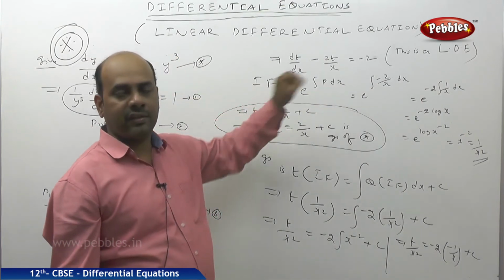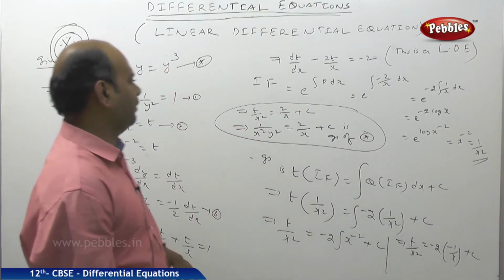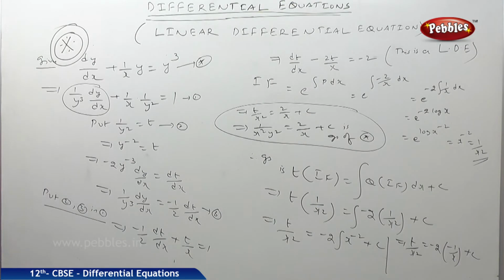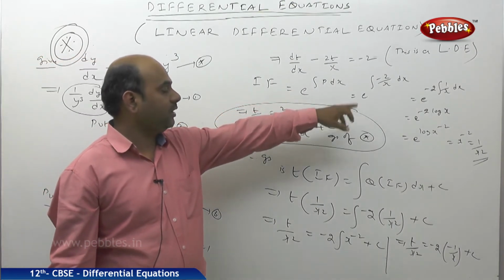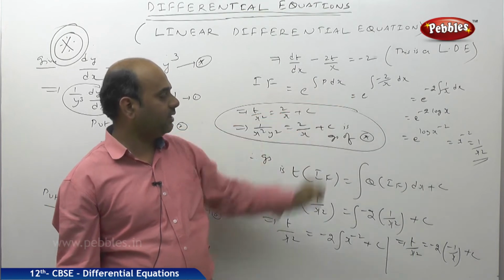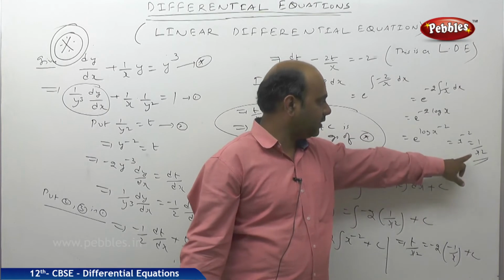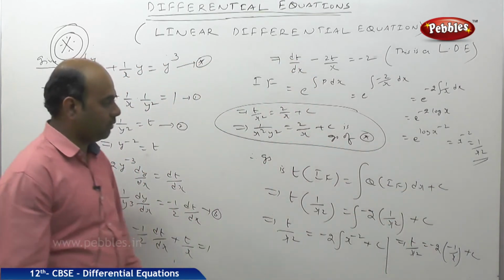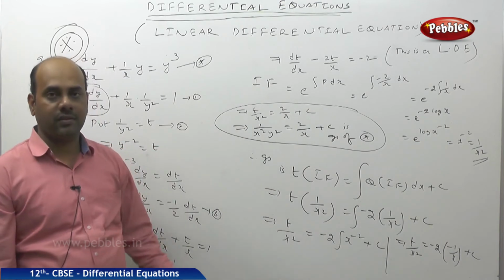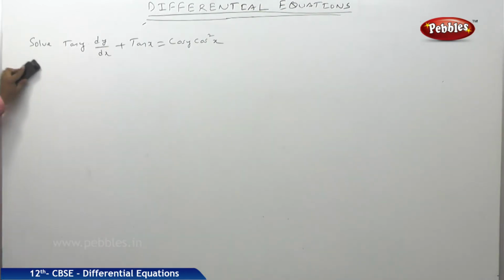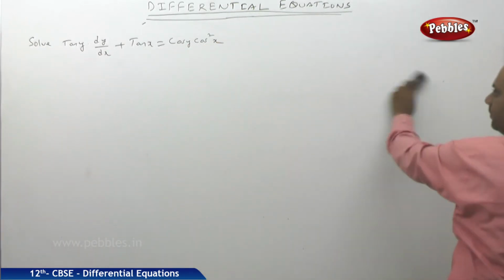So this is a linear differential equation. So we need to find the integrating factor. Integrating factor means e power integral of p dx, that is e power integral of minus 2 by x dx, that is e power minus 2 into integral of 1 by x dx. This turns down to 1 by x square. Later I applied the formula, and this is our final result. Please copy. We shall be seeing another problem in this particular Bernoulli's equation.